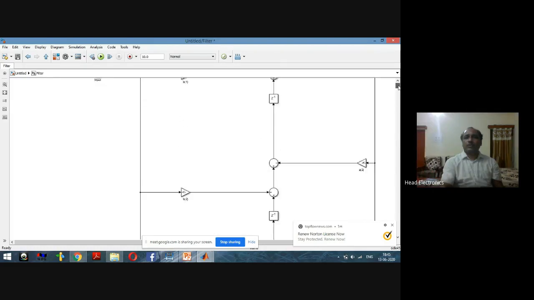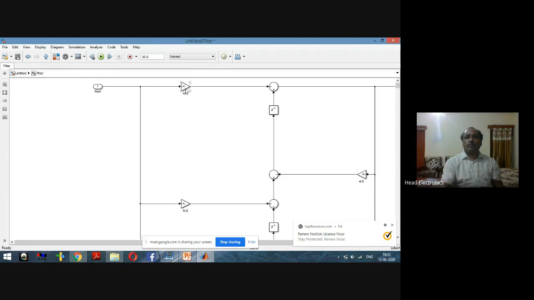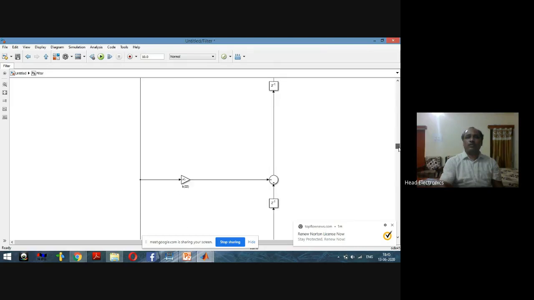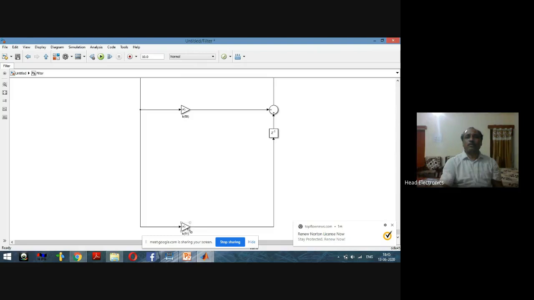Now see, it starts from B1. The coefficient is B1, and B1 to the last one is B51. That is, the total taps required is 51, and the order is 50, because if we count these z to power -1, these are the energy storing elements, or we can say these are the delay devices. These are the 50 here. So the order of the filter will become 50.